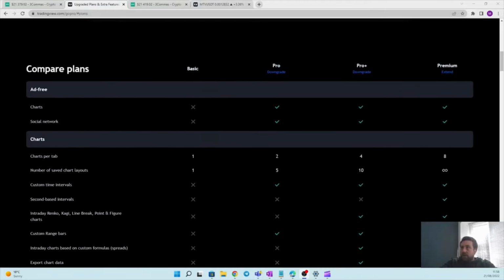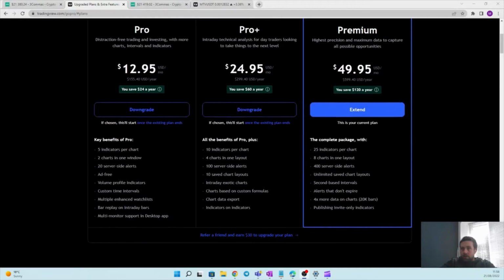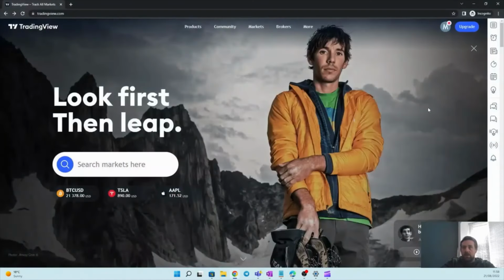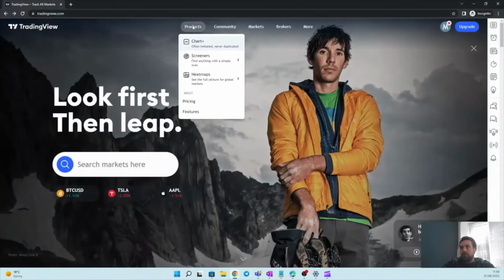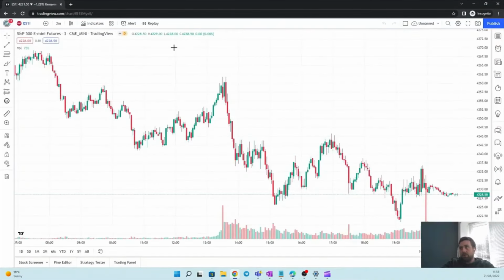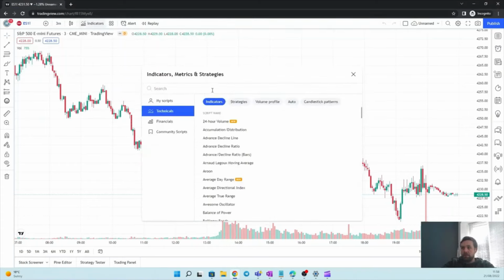So once you've signed up for TradingView, you will see something that looks a little bit like this. Now, if you head into products, you go to Chart Plus. This will take you into the chart. Now, what you want to do is click on the Indicators tab. You want to add